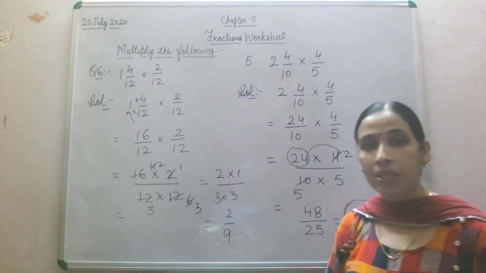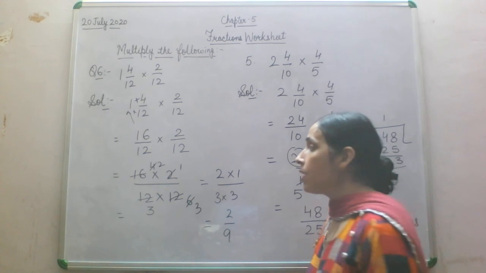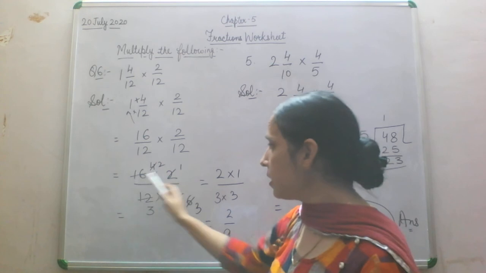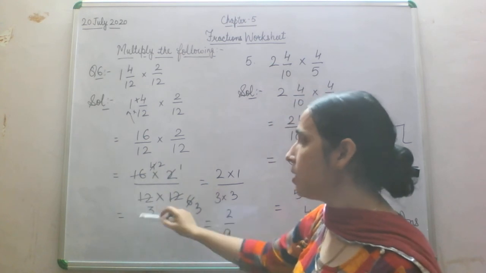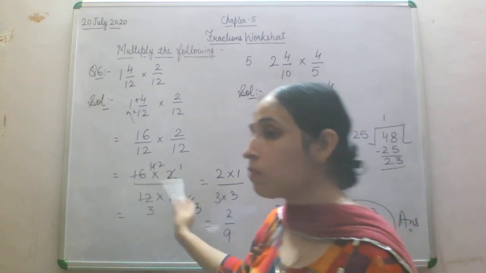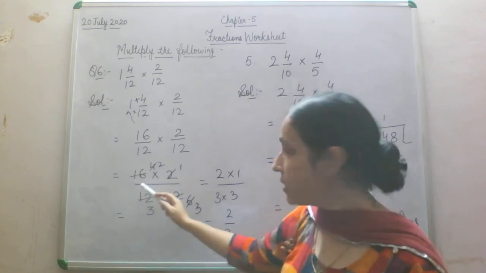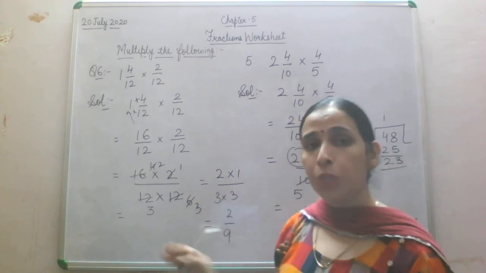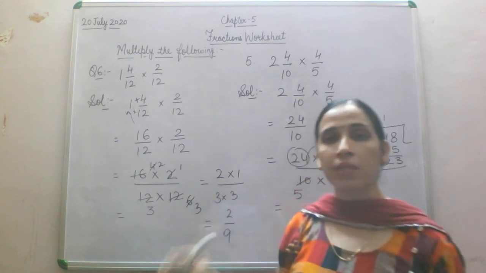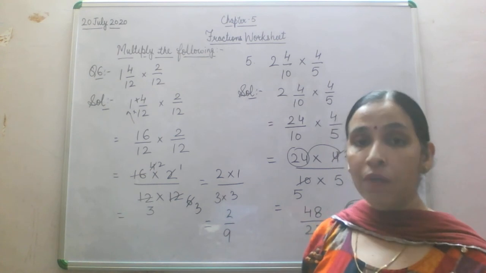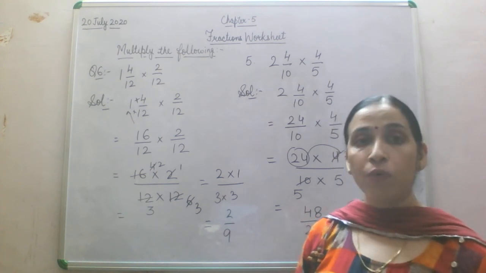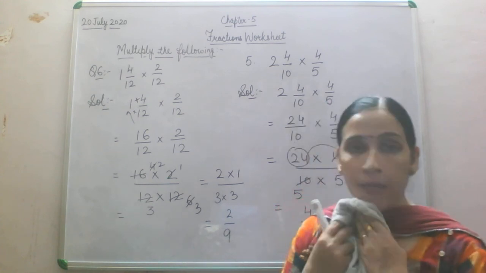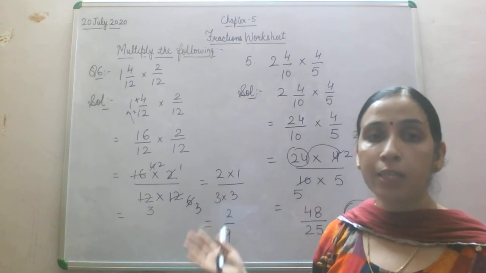See this question once again. This cancellation is a little bit tricky for you. If you find this cancellation difficult, how we can cancel it with 4 also, and how we can cancel it with 2 also, then what you can do is the multiplication first. But whatever answer you get will be a little bit bigger. If you multiply all those numbers, the fraction you get will have a greater numerator and a greater denominator.